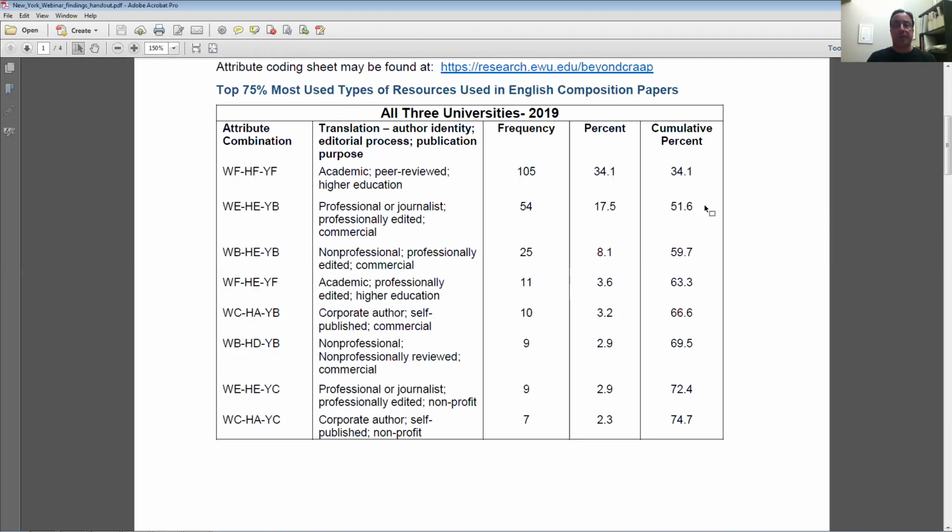to be bearing fruit. Of course, there are some anomalies, or some other types of resources being used, but that's okay, especially when you consider the contextualization of resources as it pertains to a topic. The other thing too, is that these professional or journalist written resources that have undergone professional editing and that are published for commercial purposes, having nearly 18% of the references coming from these types of resources is some